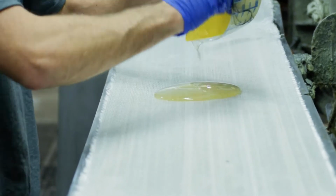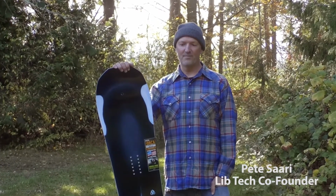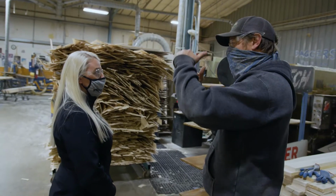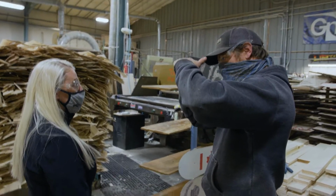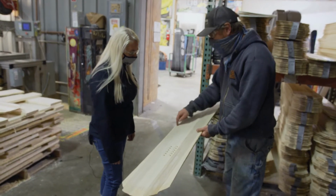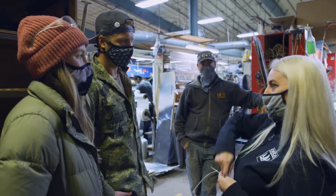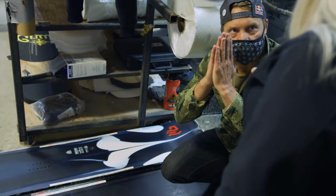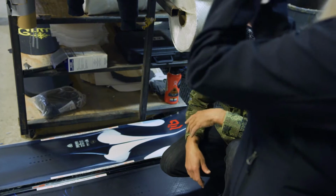Lib Tech's always been a really environmental-minded company. From the beginning, we used all the most environmental materials and processes we could possibly put together. We work in the factory ourselves, and then we brought our friends in to work with us. It was really important to us for our own health to have environmental processes, safe resins, and then to reduce the footprint on the planet, to have fast-growing FSC certified woods and environmentally friendly top materials and base materials